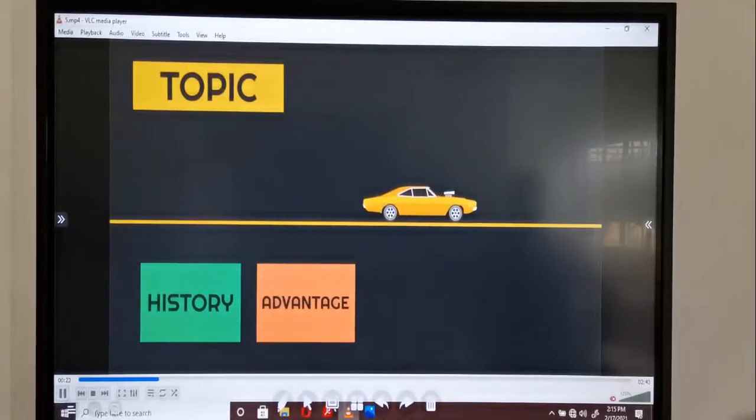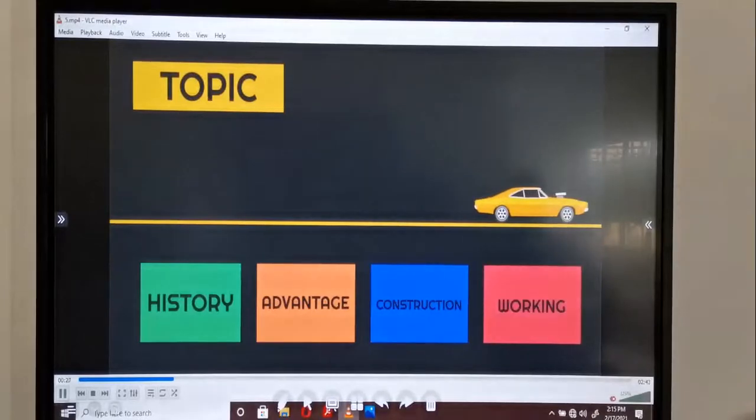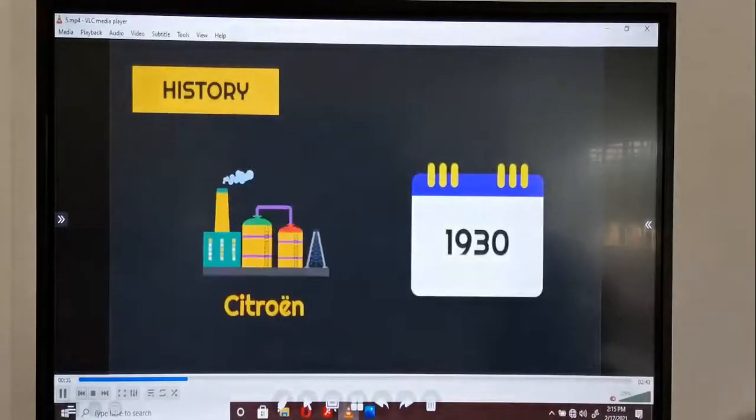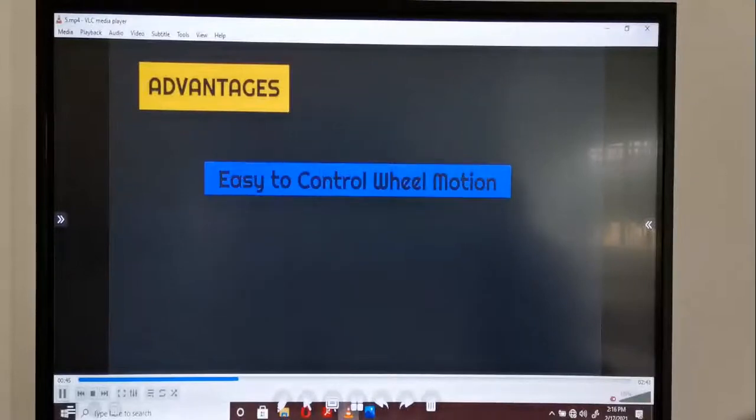So we study about the history, advantages, construction and working of the wishbone type arm. It was invented in 1930 by Citroen. This person found this wishbone type suspension. The advantages: easy to control wheel motion,